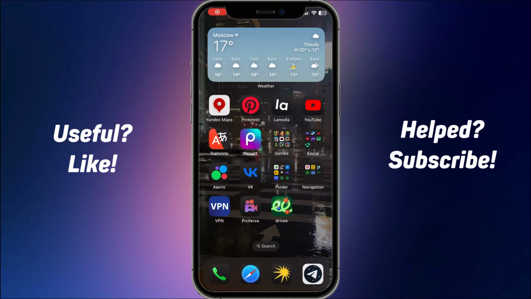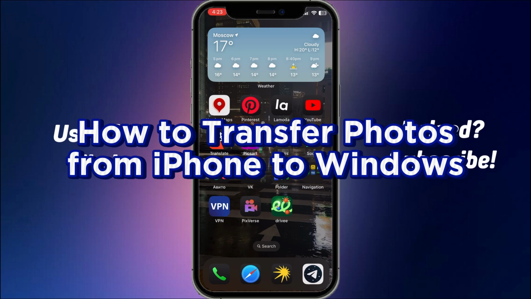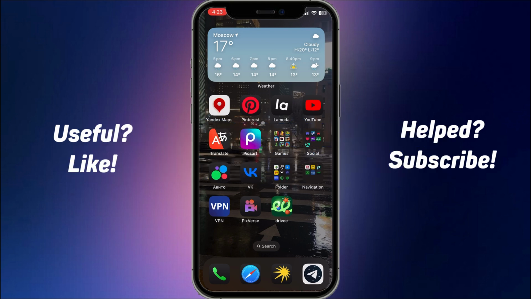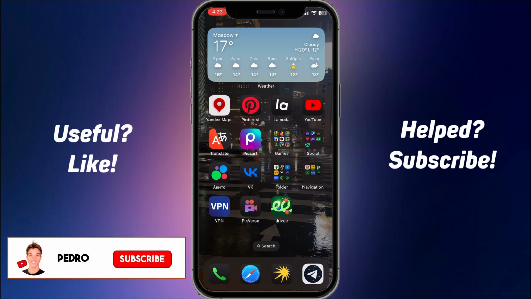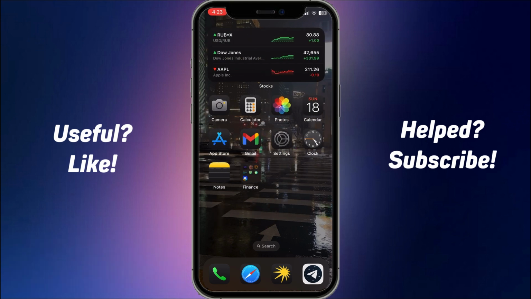Hello everyone, in this video I'm going to show you how to transfer photos from iPhone to Windows 10 or 11 PC. It is very quick and easy. I'll show you how to do that, but you need to watch this video till the end so you won't miss any important steps. So first of all, you need your iPhone, and here you need to download the application